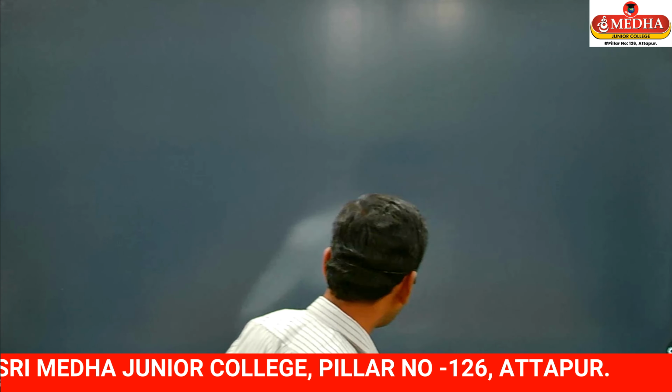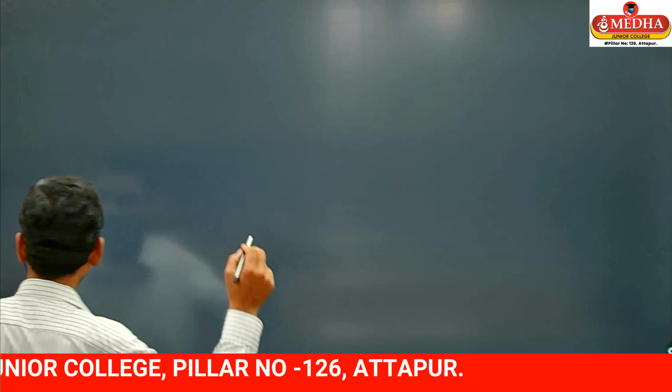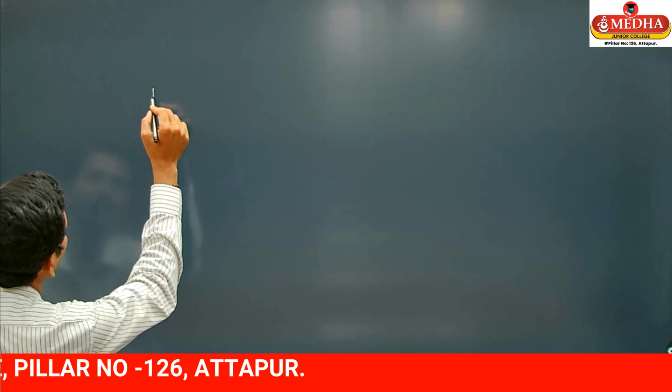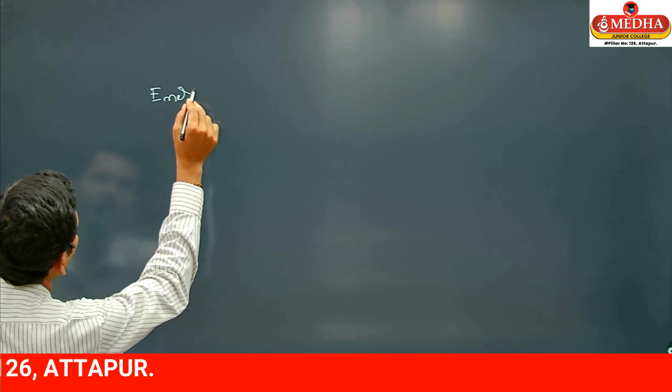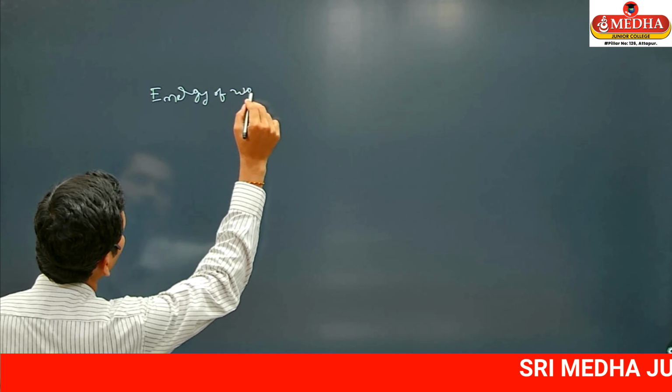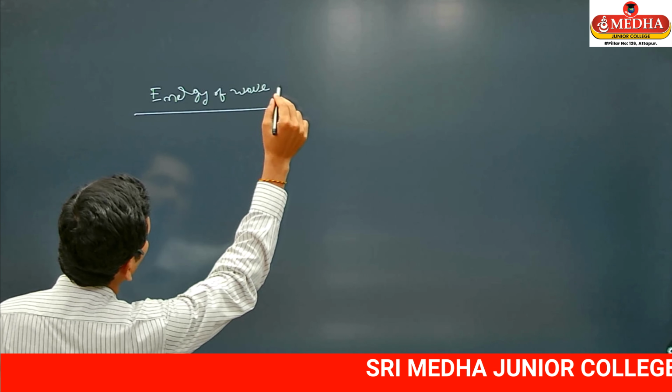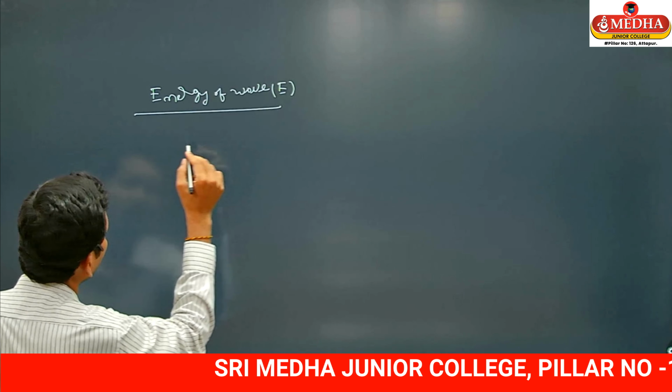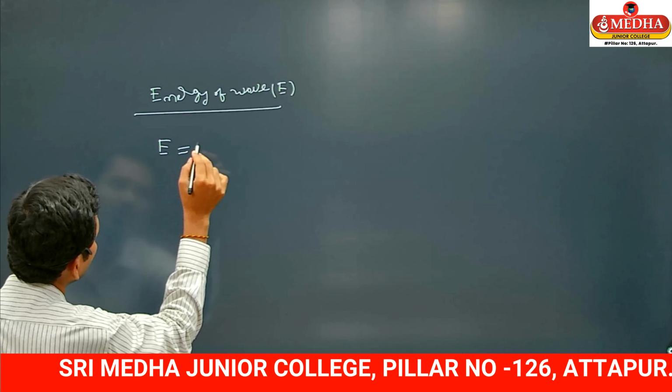So you can calculate the velocity, and substituting that v here, we easily get the answer. That is all I am following here. First I am taking the energy of the wave, E. That energy of the wave E is equal to